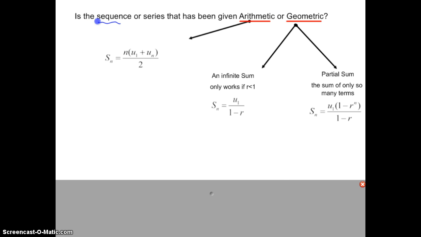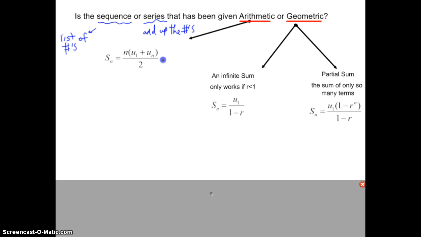A sequence has terms. These are going to be a list of numbers. Okay? A series is when you add up the numbers from the sequence. We have two different types, and when you're dealing with arithmetic, we really will only have one